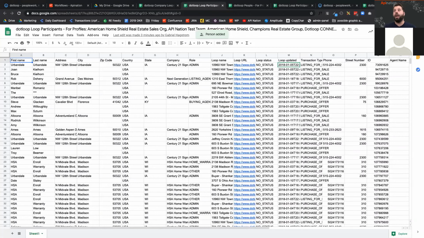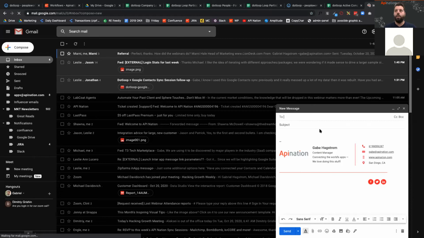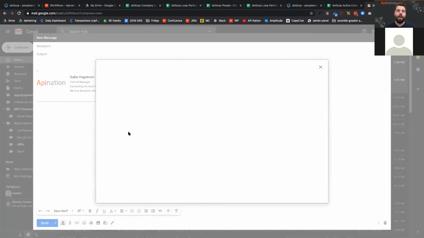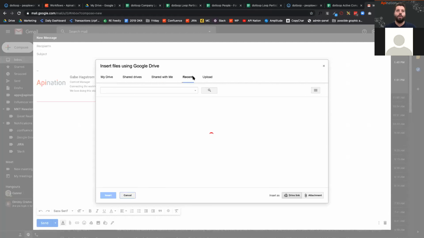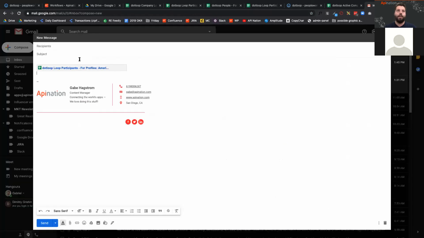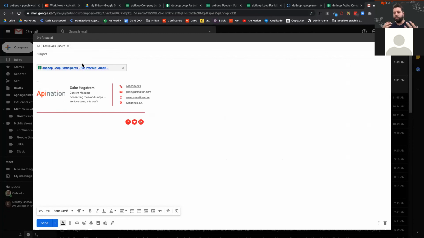Or actually, I know a lot of agents, because you do so much work in Gmail, they will hop in here, they'll write compose, and then they will quickly just use this button right here, insert files using Drive, and then just look up that recent dotloop. There you go. Insert that, and then send that off to whoever you need to. So yeah, super shareable, easy to collaborate, and that is basically it as far as dotloop Google Sheets go,